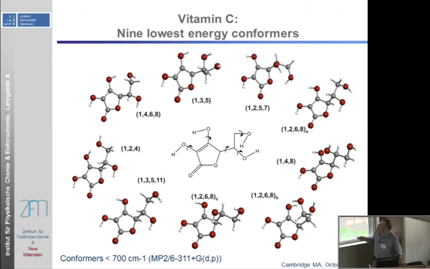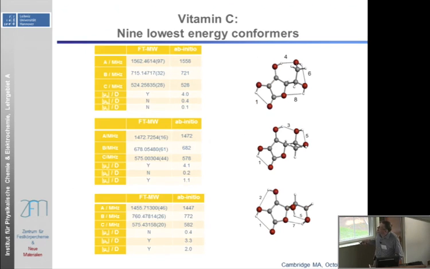A problem here with vitamin C is that there are lots of possibilities of intermolecular hydrogen bonds and of many conformers. These are the ones that have energies below 700 cm^-1, and the result of the study basically was that they form networks of hydrogen-bonded, similar cooperative networks, and we will show a better example in a few slides. And three of them have been determined by comparing the experimental results with the ab initio rotational constants that we